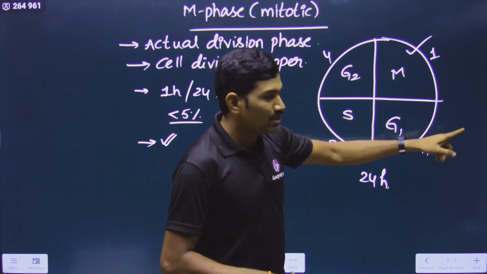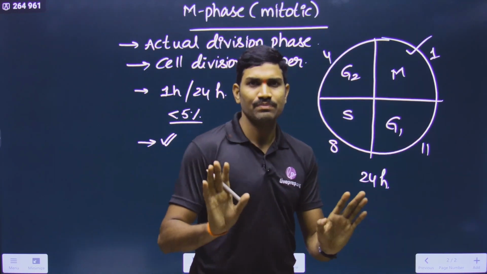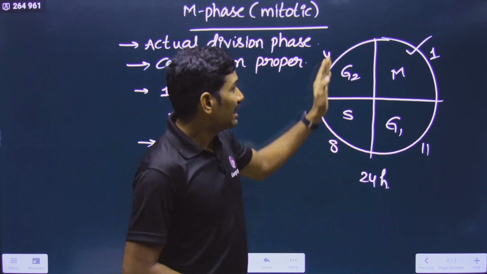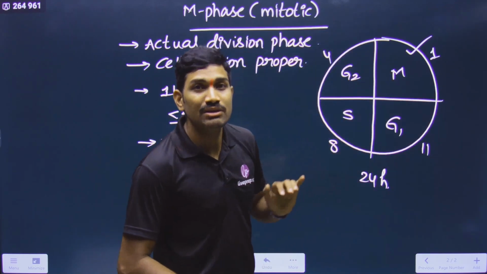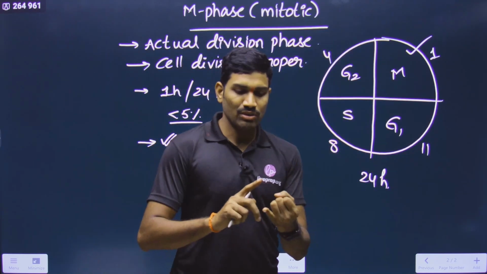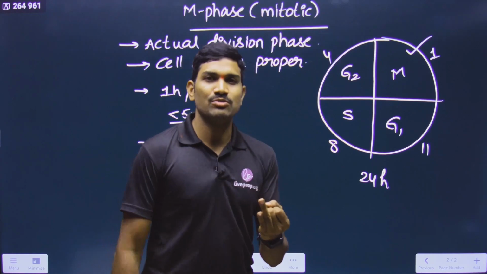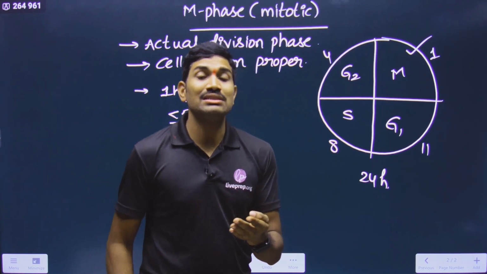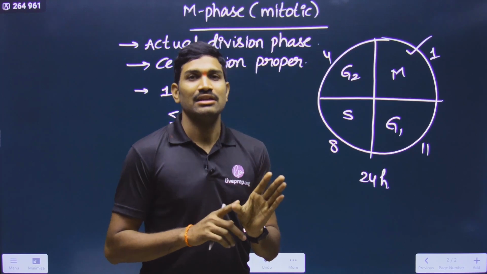And again at the end of M phase, all these are present. But in between what happens? Nuclear membrane disintegrates, endoplasmic reticulum disintegrates, Golgi complex disintegrates, nucleolus disappears, and then this chromatin will